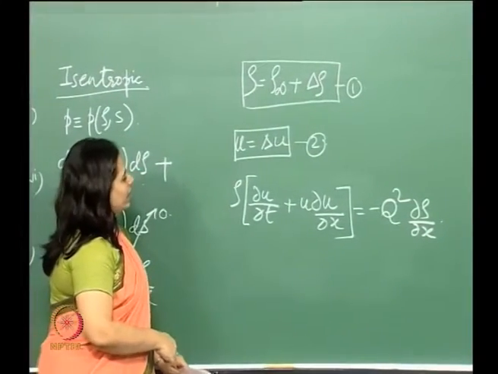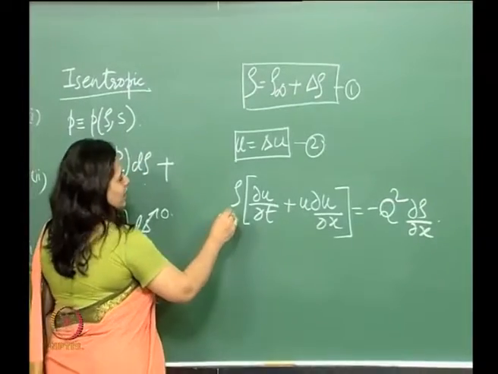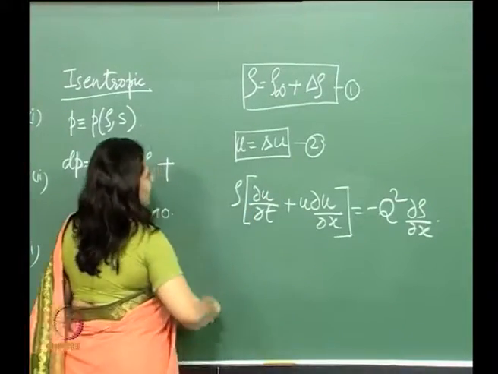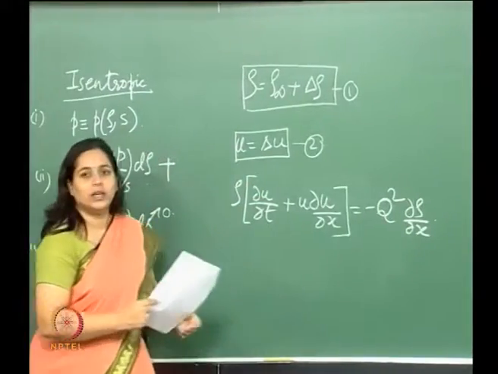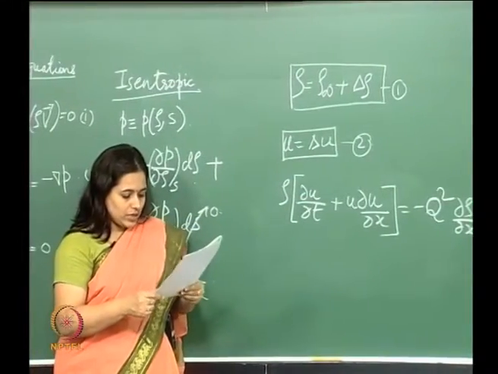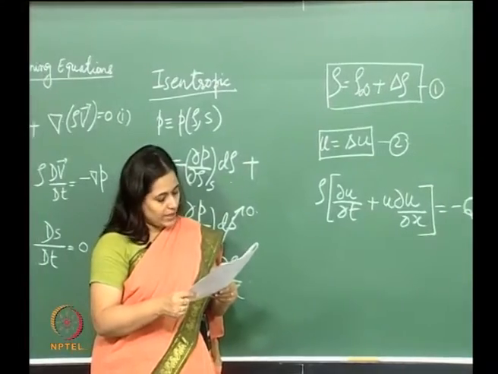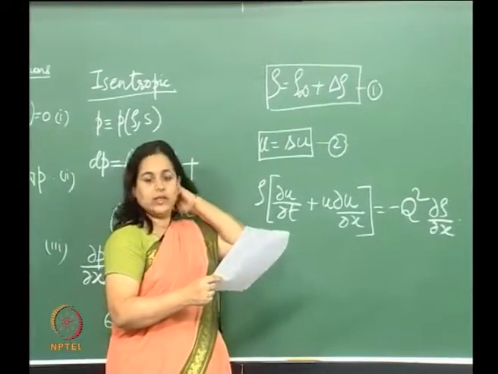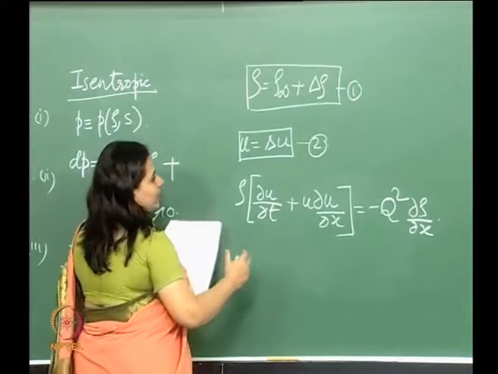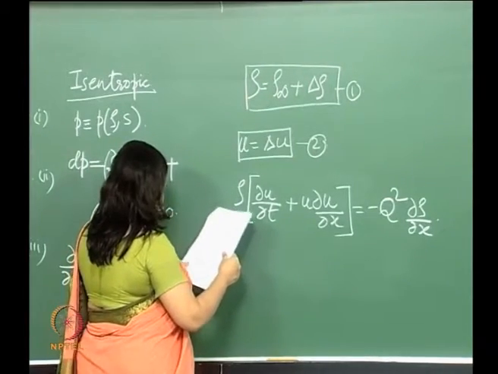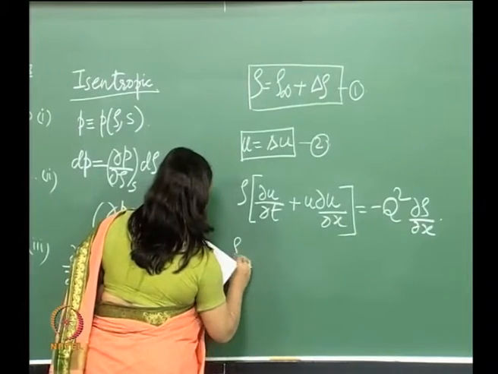Now again what we have here is density and velocity. Let us go ahead and again incorporate 1 and 2 into this equation. Let us do that and let us see. It's a slightly elongated equation, I will write it anyway. If I do that, what I get is